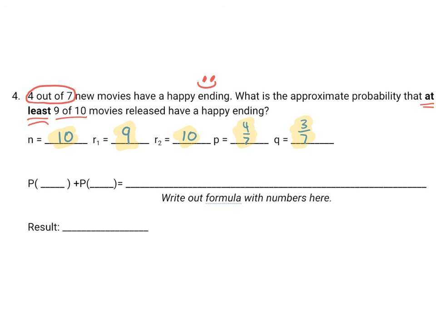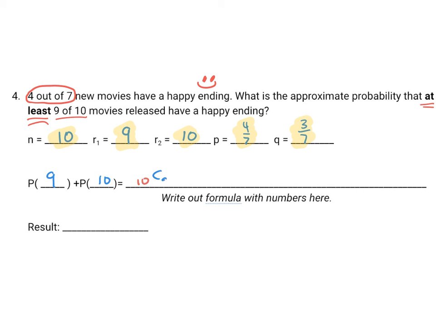Okay. So basically, we're asked to find P9 plus P10. That's the same as finding the probability that at least 9 of the 10 movies will have happy endings. So for the calculations, we're going to have to do them both. And you can do them all on one line on your calculator if you're careful. We're going to do